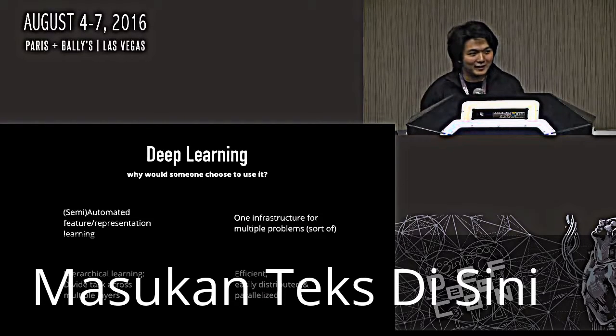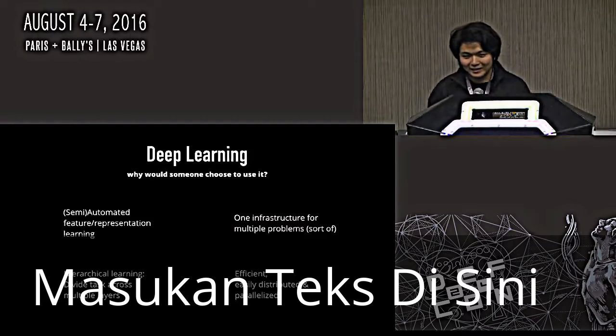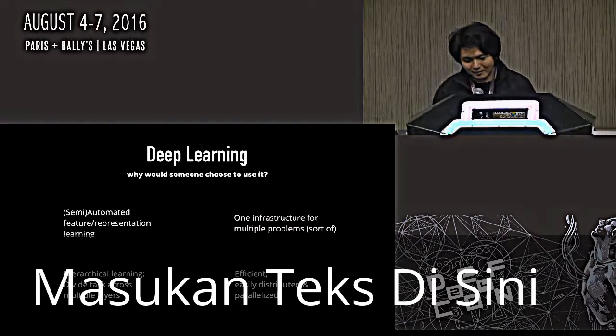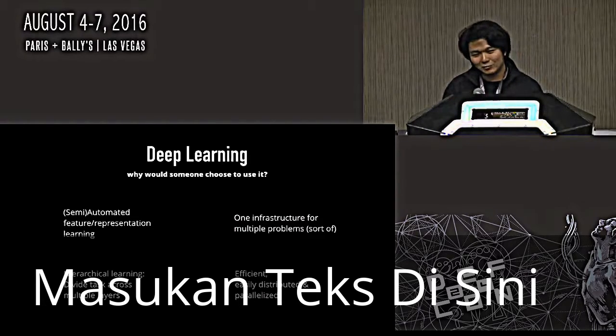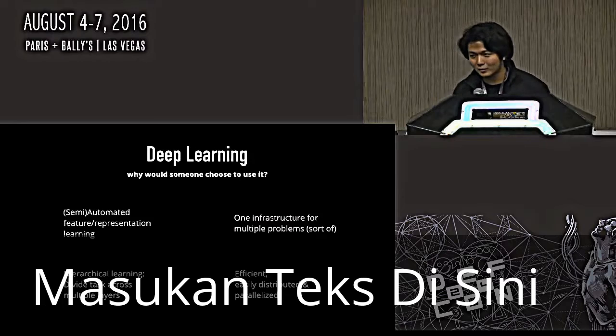The other thing, which I think is the main difference between deep learning and other kinds of machine learning algorithms, is that it touts the promise of one infrastructure for multiple problems. So if you think about it, deep learning really is just one infrastructure. There are multiple layers of linear units, and each one of these linear units interacts in a different way with different linear functions to give you the result that you want, to learn different things that you want it to learn.